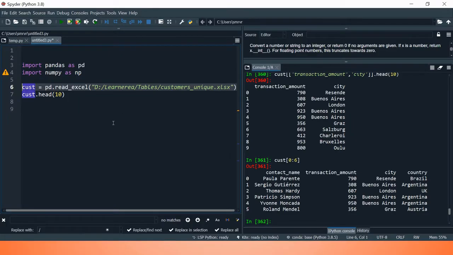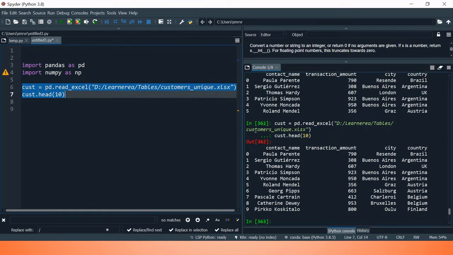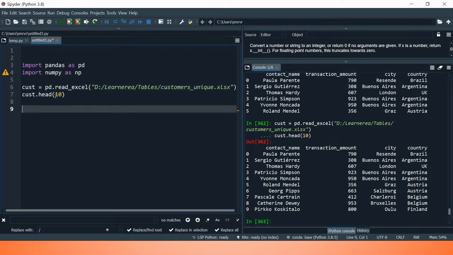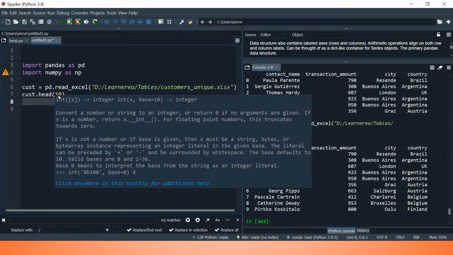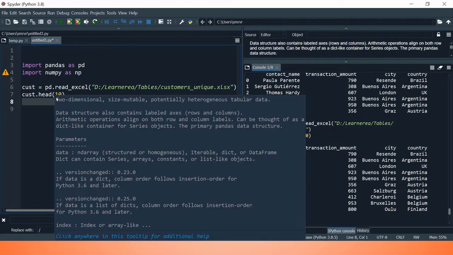Here I have imported customers data, and here I am taking the top 10 observations to see. So this shows the structure of our data frame. Alright, this is also one method to select rows from our data set, but this will select starting from the top.